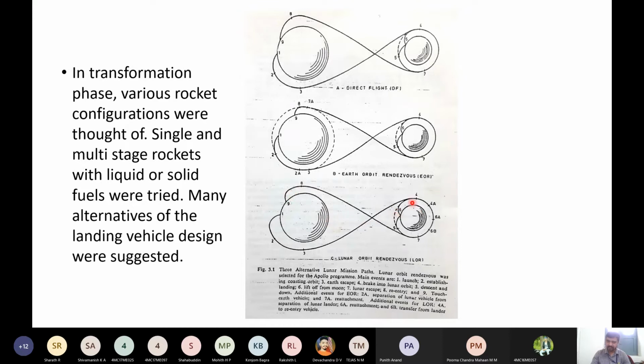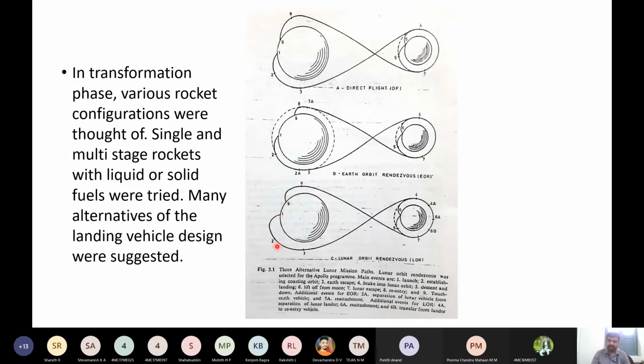Instead of having two different vehicles, what they thought of is, once the vehicle reaches the moon, some part of this complete vehicle... so they designed a separate vehicle for the lunar surface, and that will not be brought back to the Earth. So like that they planned, and again they launched.